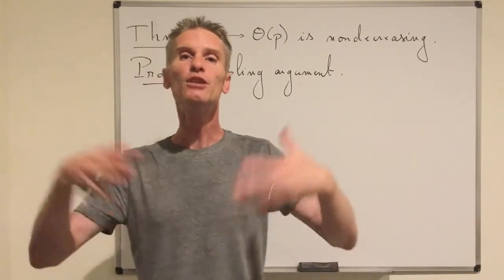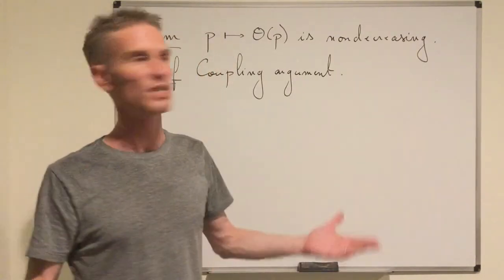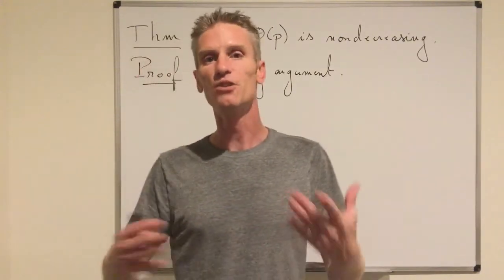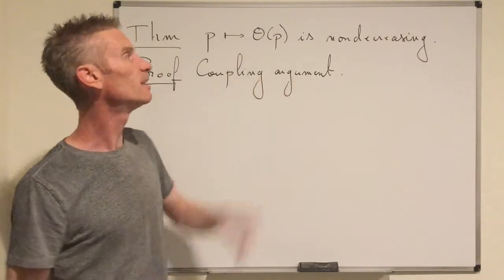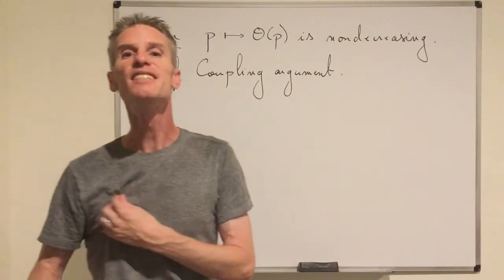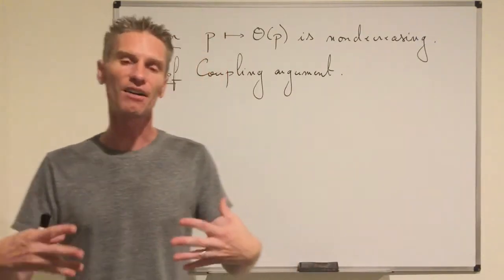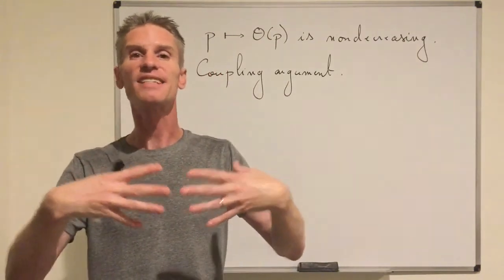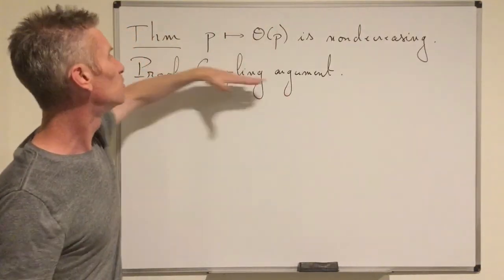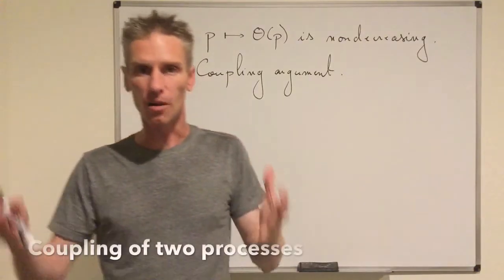Of course, if you take two independent realizations of bond percolation with different parameters, there is no reason that this statement is true. And so that's why the way you are going to proceed is by constructing two different bond percolation processes with different parameters, but in such a way that those two processes are not independent and are in fact as much correlated as possible. So eventually doing this, the pair of processes you obtain is called a coupling.